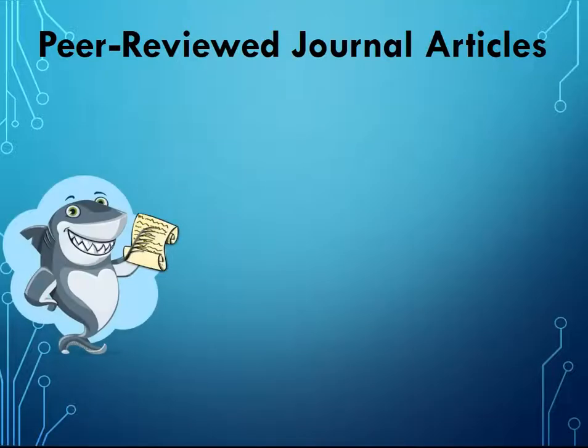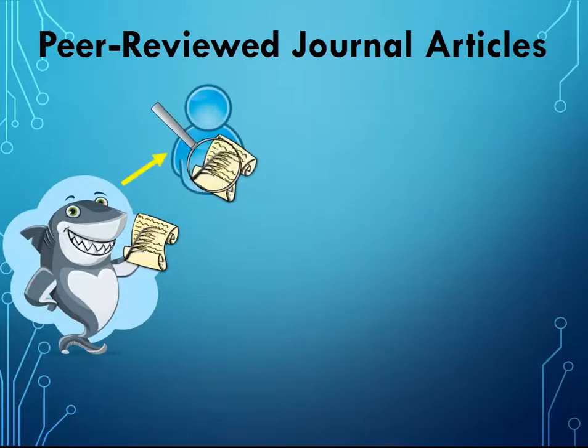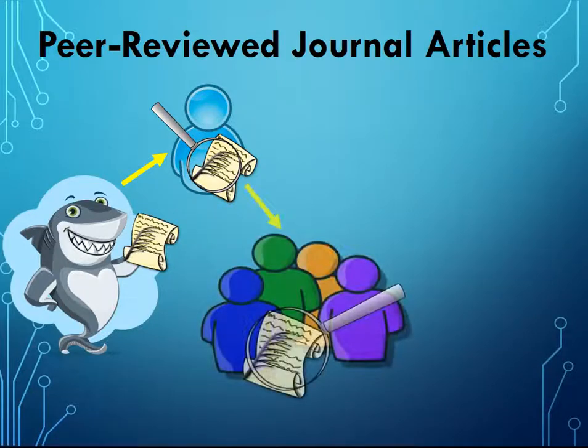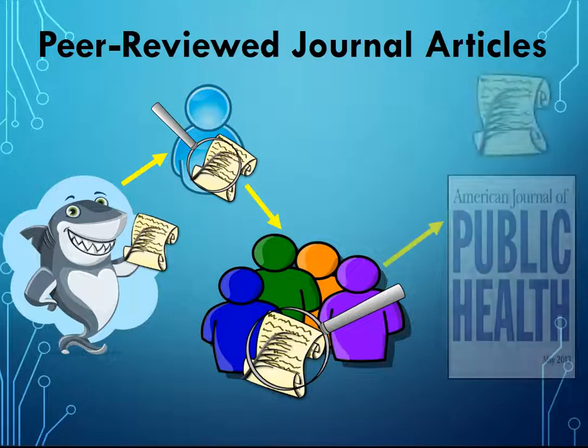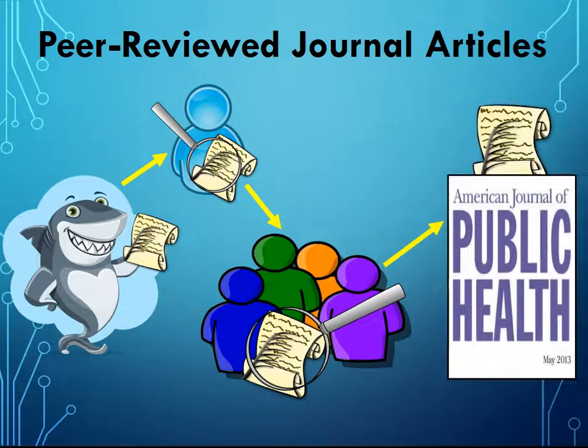If I submit an article to a journal, an editor will review my article before publishing. Usually, the editor is the only person who needs to review an article before it is published. Peer-reviewed articles have undergone an extra step and have also been reviewed by other experts in the field. Once the article has been reviewed by an editor and additional experts in the field, the article is then published in a peer-reviewed journal. This extra review and approval adds validity and credibility to the article.